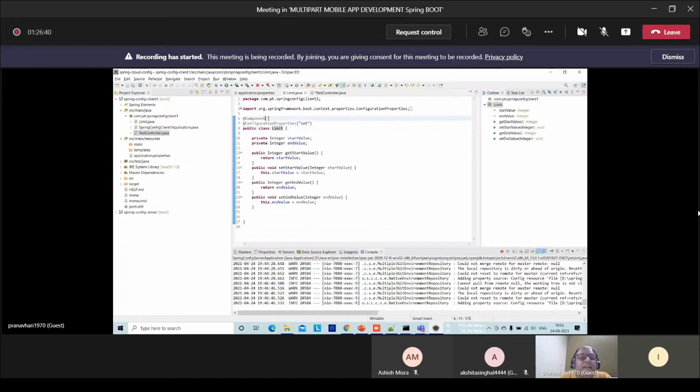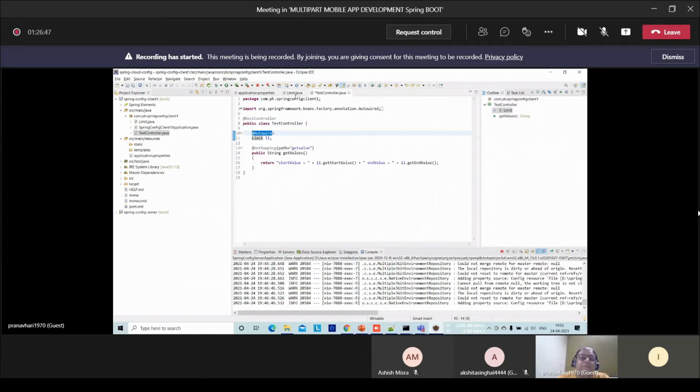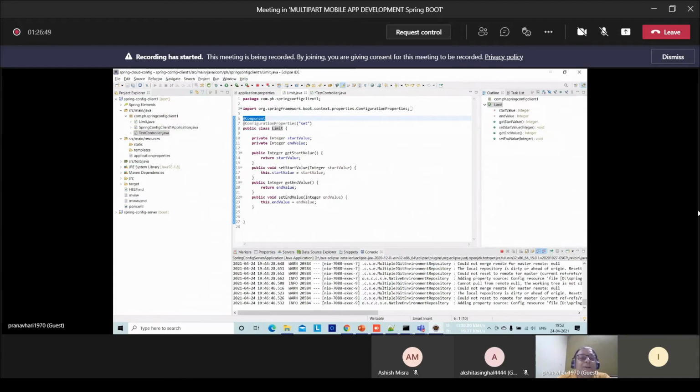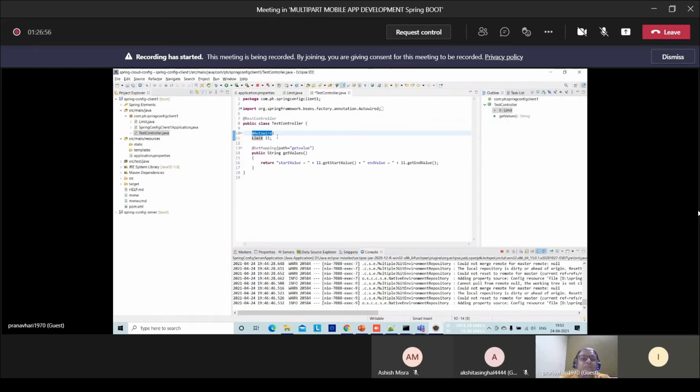Automatically the object is created if it is a component, and that created object is autowired. When you experiment, remove this component and see what happens. The object will not be created, so it will not be injected here. Okay, now once that limit object is created, by using getter and setter methods we are fetching all those values and setting them up in Spring.